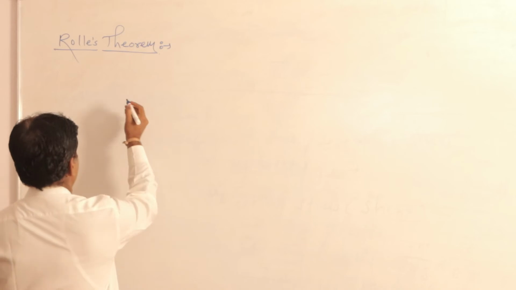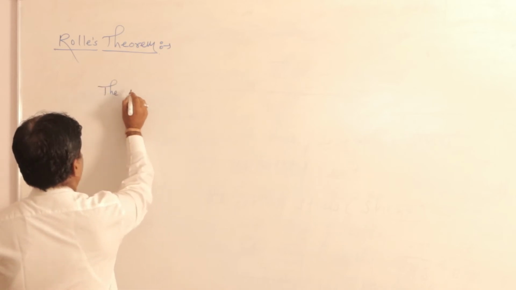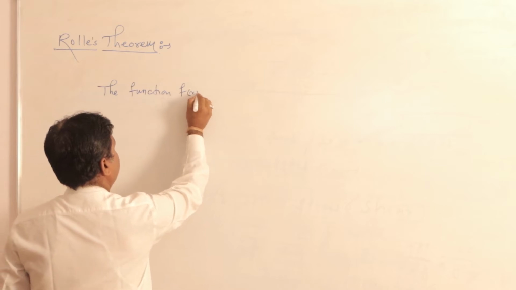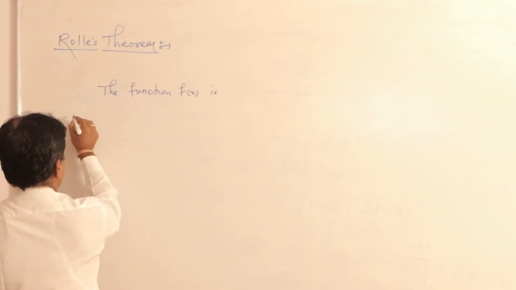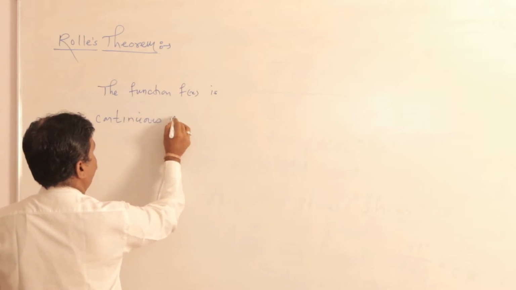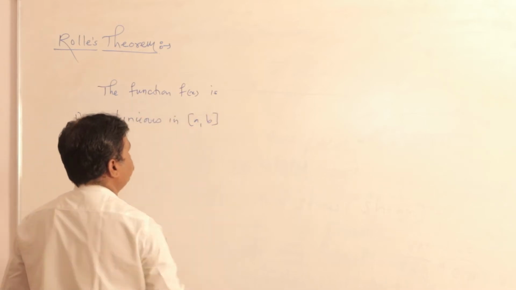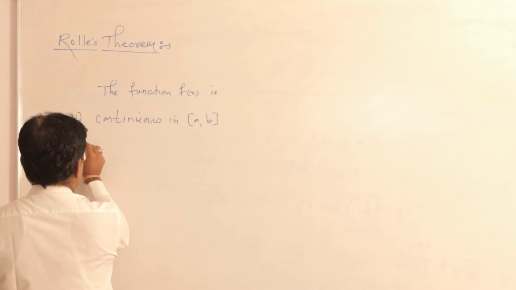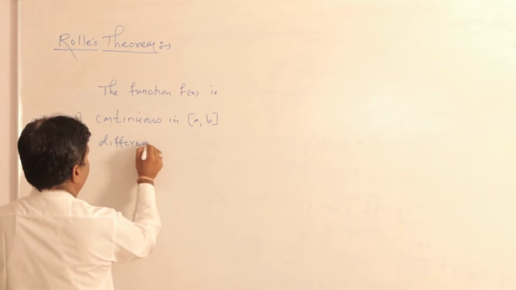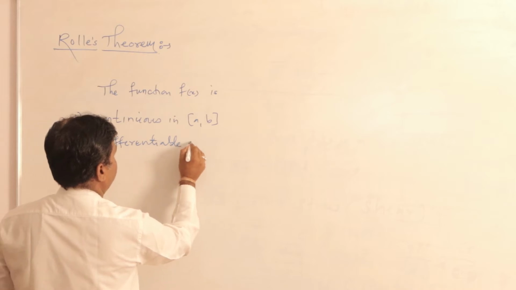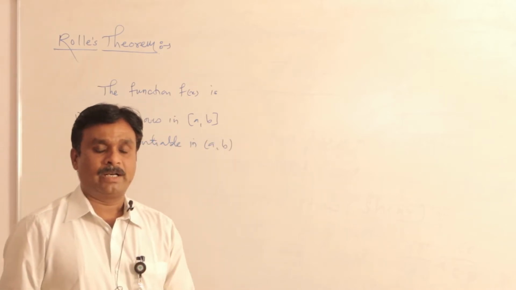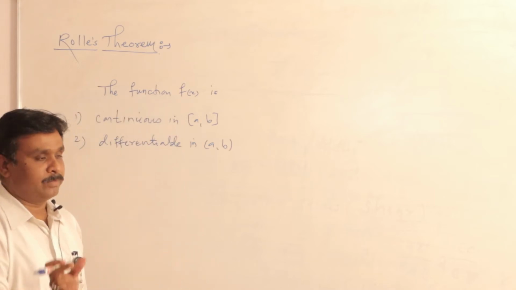The statement of Rolle's theorem is: the function f(x) is, first condition, continuous in the closed interval [a, b]. Second, differentiable in the open interval (a, b), that is, it is differentiable at all points of the interval except the endpoints a and